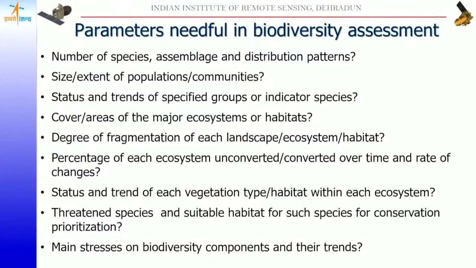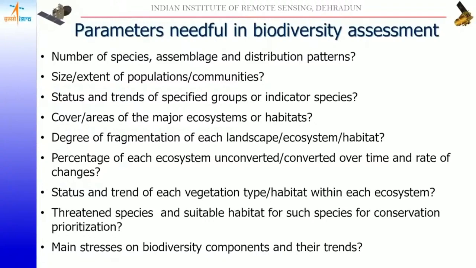Because if you need to assess the biodiversity, we need to assess some components or parameters based on which we can say what the status is and what the impacts of different kinds of patterns on the biodiversity will be. Some parameters I listed here, for example, the number of species. What is the number of species? The assemblage of species and their distribution pattern in any area, and the size of the population or